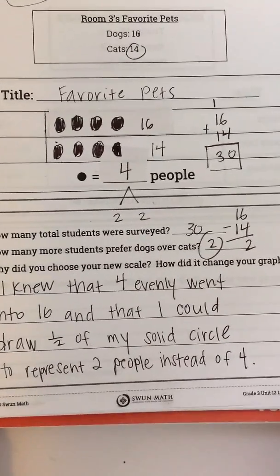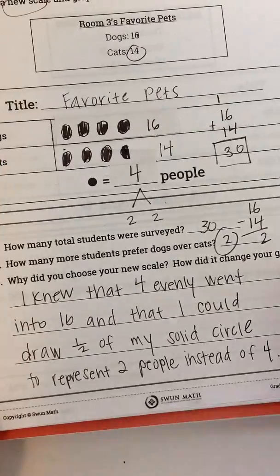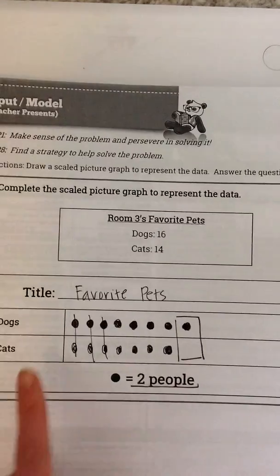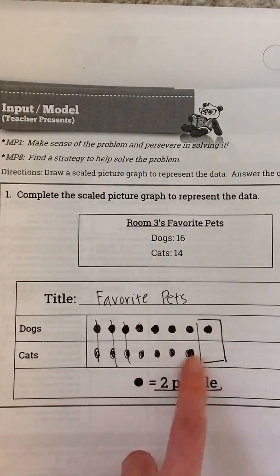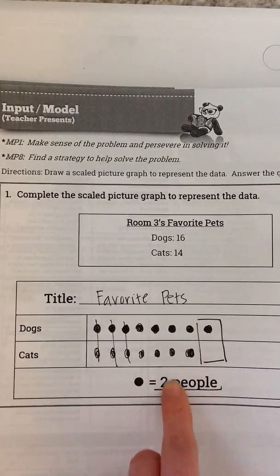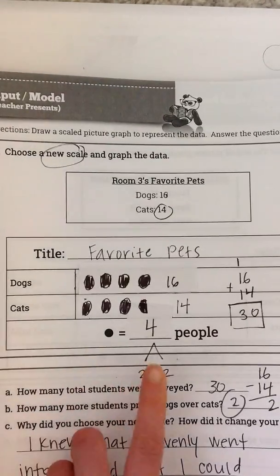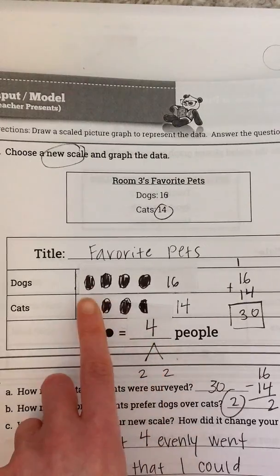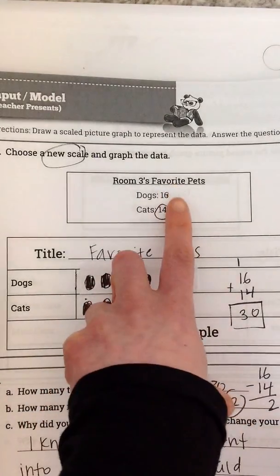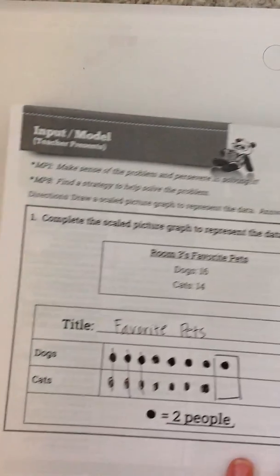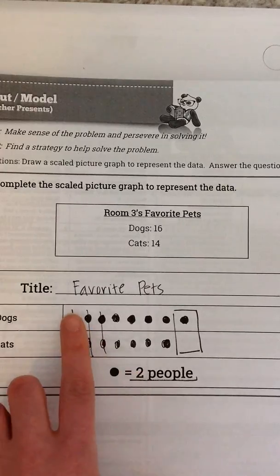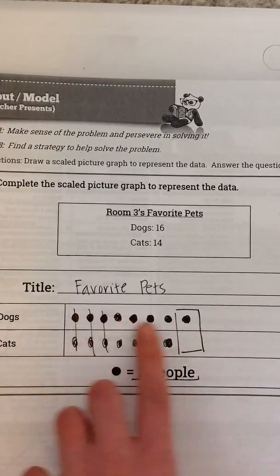Okay, and how did it change your graph? Well, if I look at the graph from my previous page, I had much more solid circles here because my scale of 2 people is less than my scale of 4 people. So if I'm counting by 4s, I'm going to have less circles to get to my total than if I'm counting by 2s. So the smaller the scale is, the larger that your picture graph, the more it's going to have,